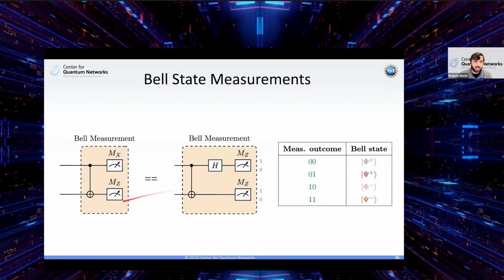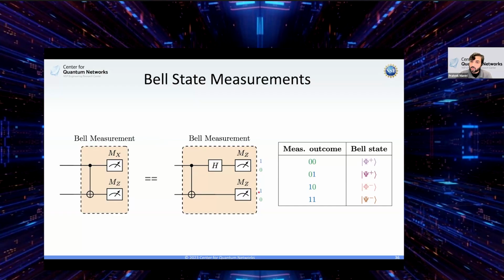For a Bell measurement, the key primitive is that we have these two qubits. We apply a CNOT, a two qubit gate operation, and then we measure one of the qubits in X and the other in Z. This two qubit gate operation can be done using the direct and the indirect coupling that Stav talked about. As I mentioned on the previous slide, for getting this X basis measurement, you can just apply a Hadamard using, again, these RF pulses or microwave pulses, and then measure in the computational basis with outcomes 1, 0,